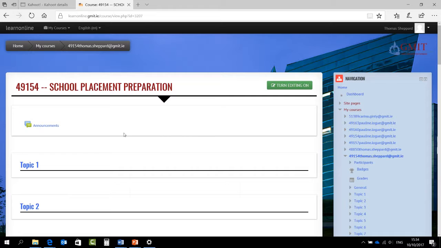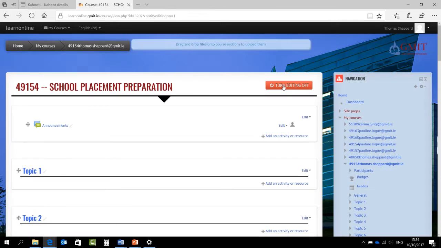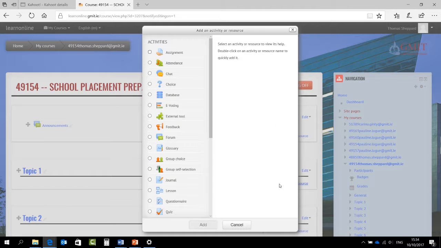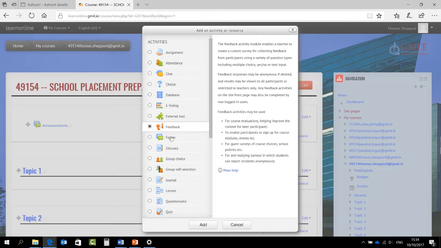Of any of the free websites, Moodle, funny enough, is actually one of the best things for it. So we'll begin by first of all just turning editing on, the same way you would to do anything in Moodle. And I'm going to add an activity or resource, like so. And you can see as we scroll down here, feedback is the little one with the little loudspeaker. And go to add,